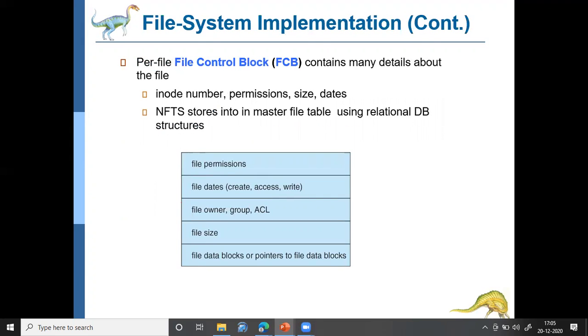So for every file there will be a file control block which contains different details about the file. Okay, this file control block is called an inode in Unix, and in case of Unix it will have an inode number, and it will have several permissions. Like who can access the file, who are the different users who can access the file, and what operation they can perform, whether they can perform read operation or write operation or what,